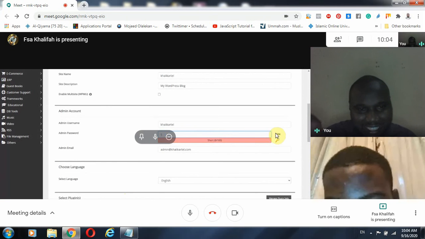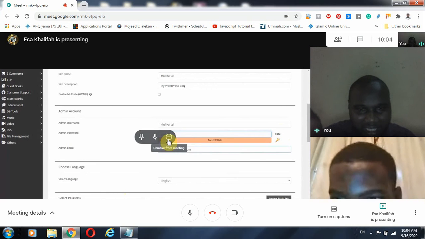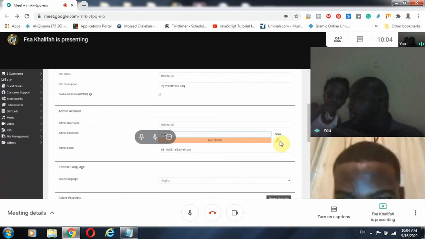You can hide it. You click on hide and you hide anything you are typing there. Okay, and you can just generate it. If you click on generate,